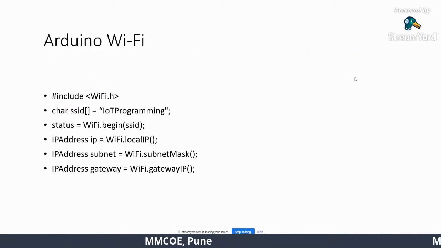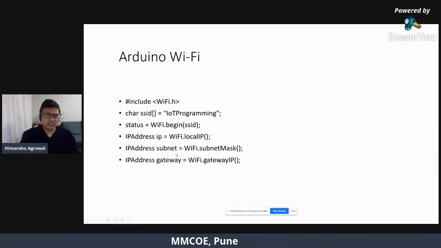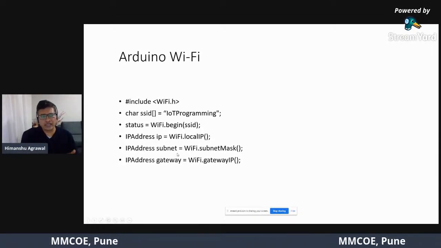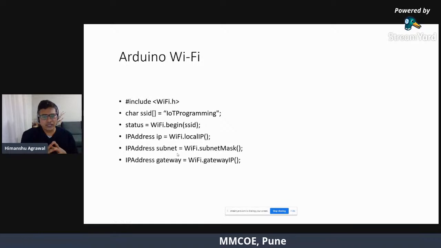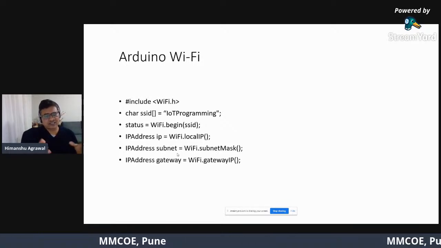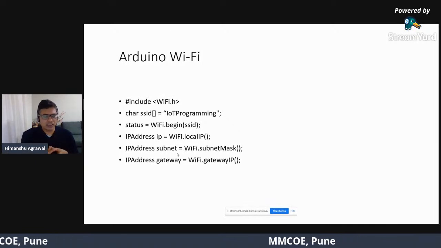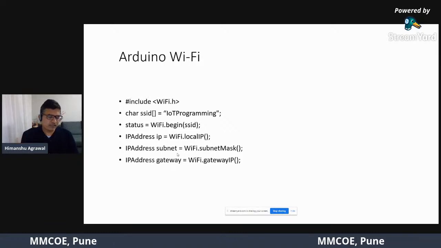The way you do it on Arduino is you include the header file for the Wi-Fi, right? And then you have to run these lines of code in your Arduino sketch. Whenever you program your Arduino board, you have to open a sketch, and then you do coding for the sensor you interface with the Arduino, or the Wi-Fi module you connect with the Arduino board.